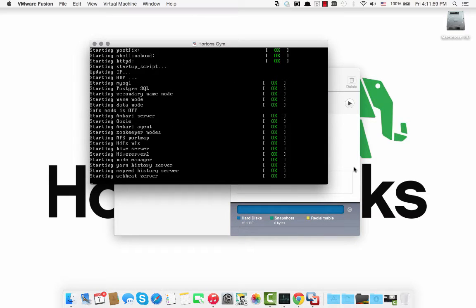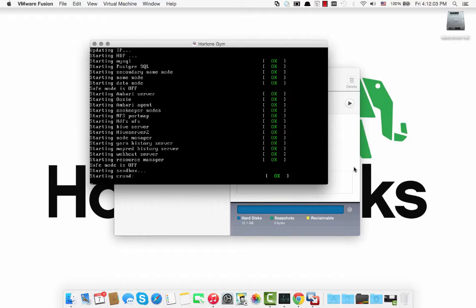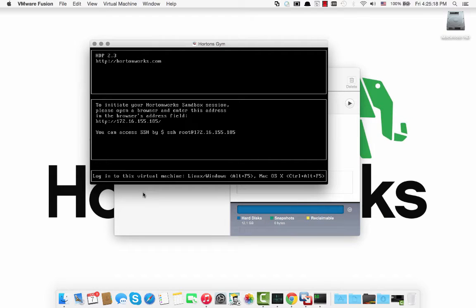So we're approaching the end of the startup. You can see all the Hadoop services for the Hortonworks Data Platform starting. And as soon as this is complete, there we go, we're going to need to capture the IP of this virtual machine. Okay, so let's go ahead and take that IP